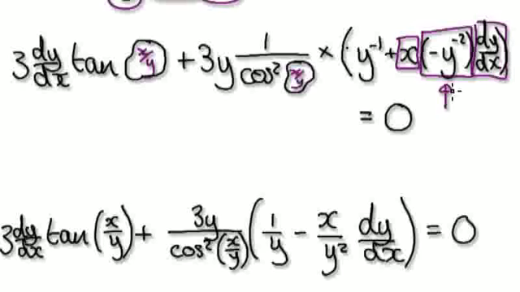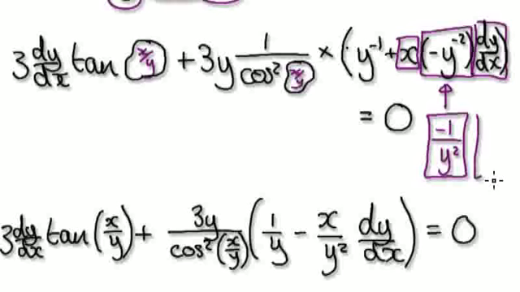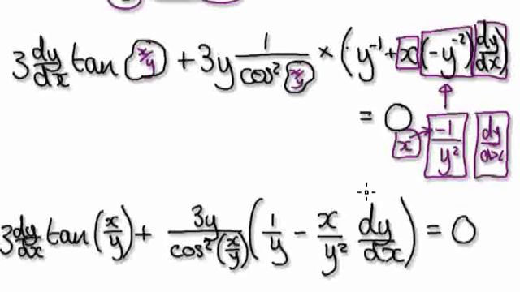But visualize this here as minus 1 over y squared. So that's the middle block here. Let's just leave the fraction as a fraction here. And then you've got this block here. So this block here gets multiplied to the top, giving you